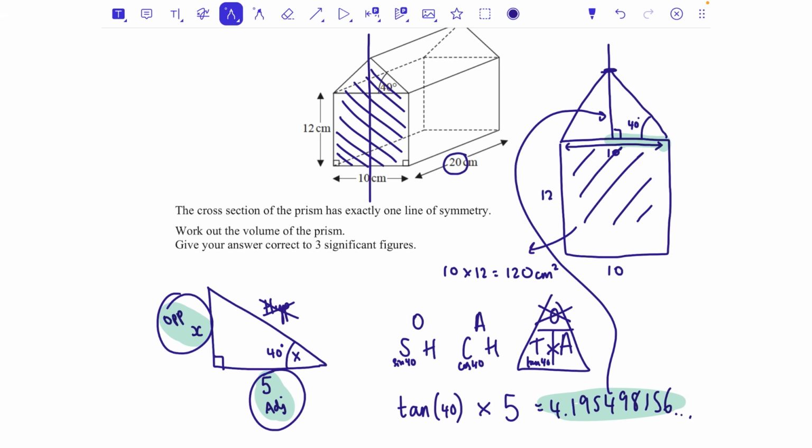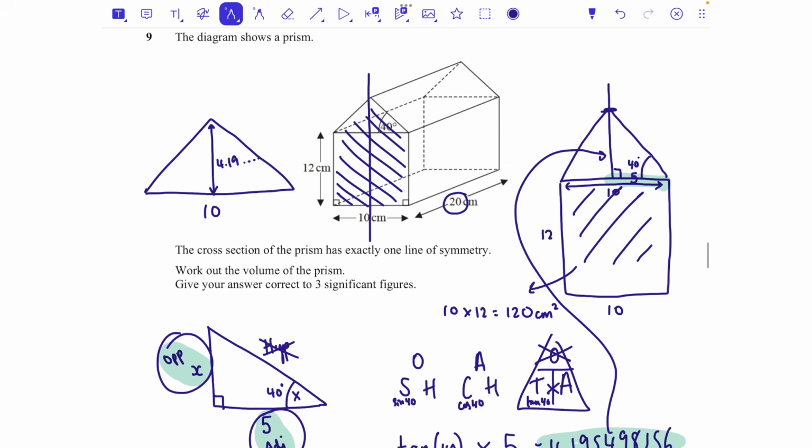Now you could do 5 times that number divided by 2 and then double it to take into consideration both halves of the triangle. I'm just going to treat it as one big triangle. So I'm going to do 10 times that answer of 4.19 and so on, and then halve it because it's a triangle, so always for the area we need to divide by 2. Now I've not cleared it from my calculator, so I'm going to times that answer I just got by 10 and then divide that by 2, and that gives an area of, let's put it up here,